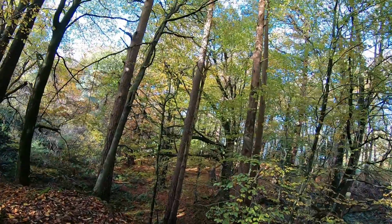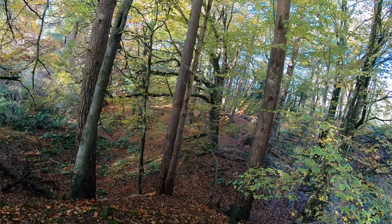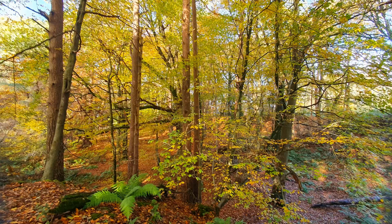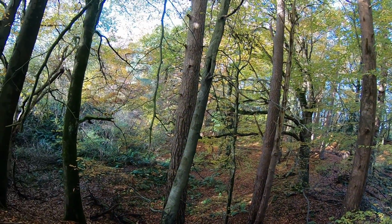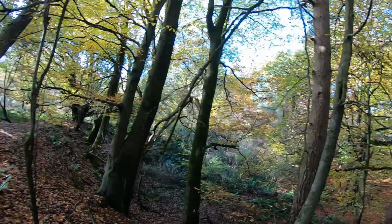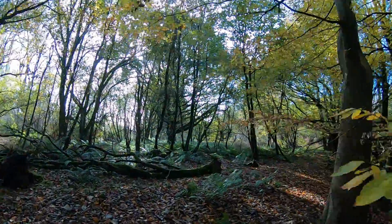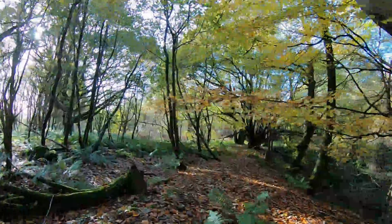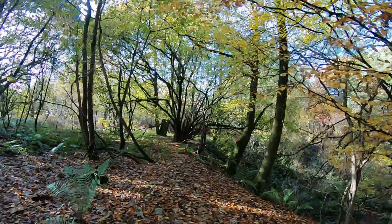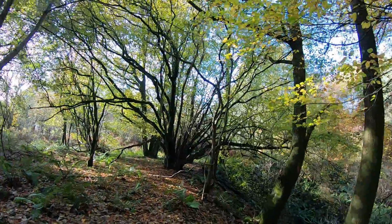But I'm in a beech woods now, but I'm right at the top of this drop, which goes all down through there. And I don't think I'm going to be able to get round that way to go and have a look. And you know what, I have to be very careful of going anywhere near a slope. I just wonder if I can walk around the top here. But there's